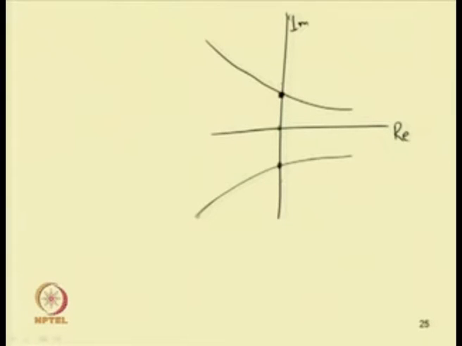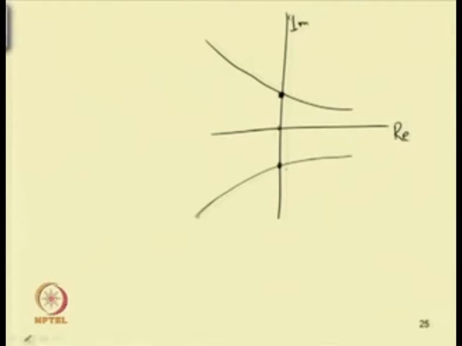So, in case of the Hopf bifurcation, due to the presence of this imaginary root, the system response becomes oscillatory. From the stable fixed point response, one can obtain a periodic response at this bifurcation point. At this bifurcation point, the periodic response which is generated may be stable or unstable.